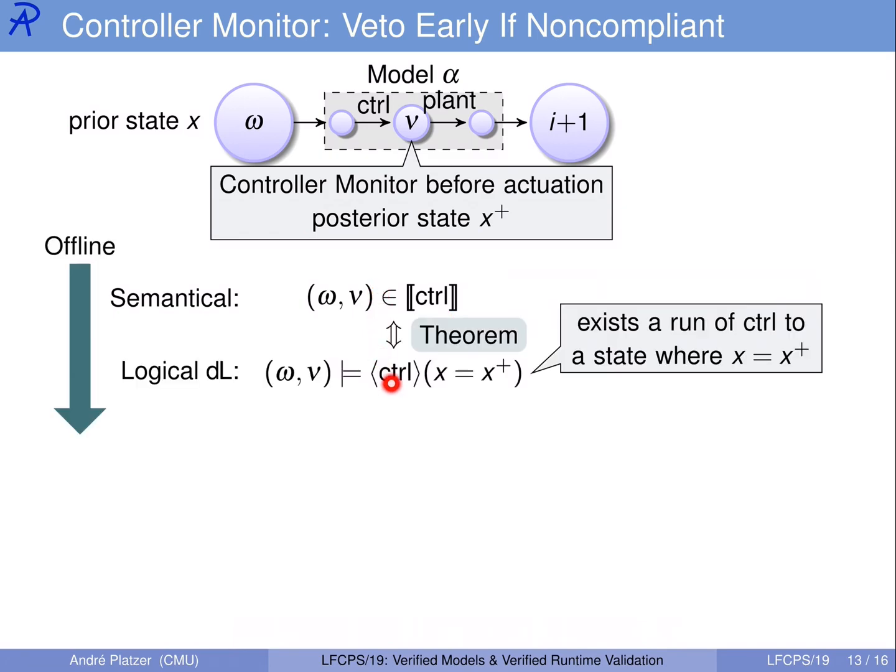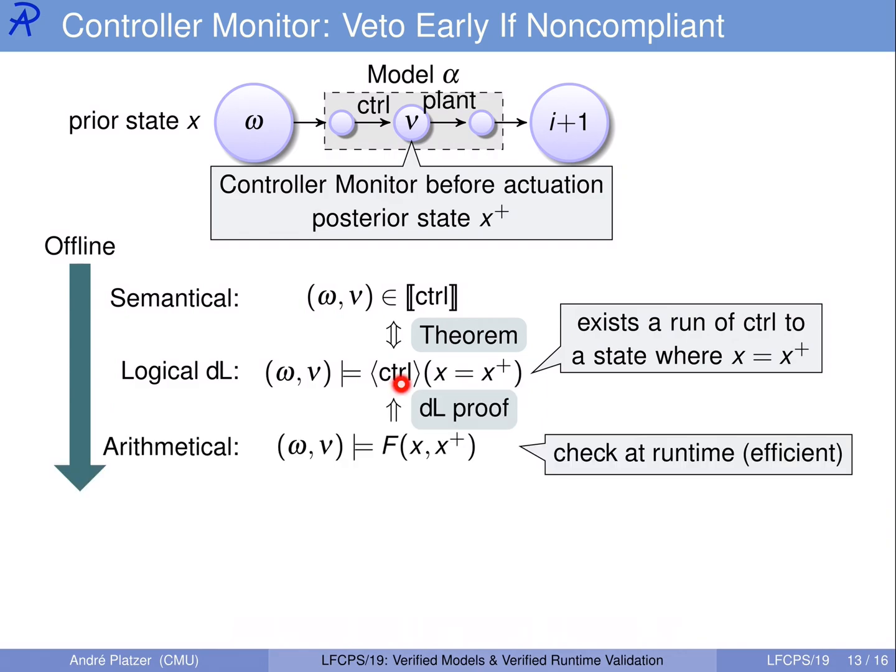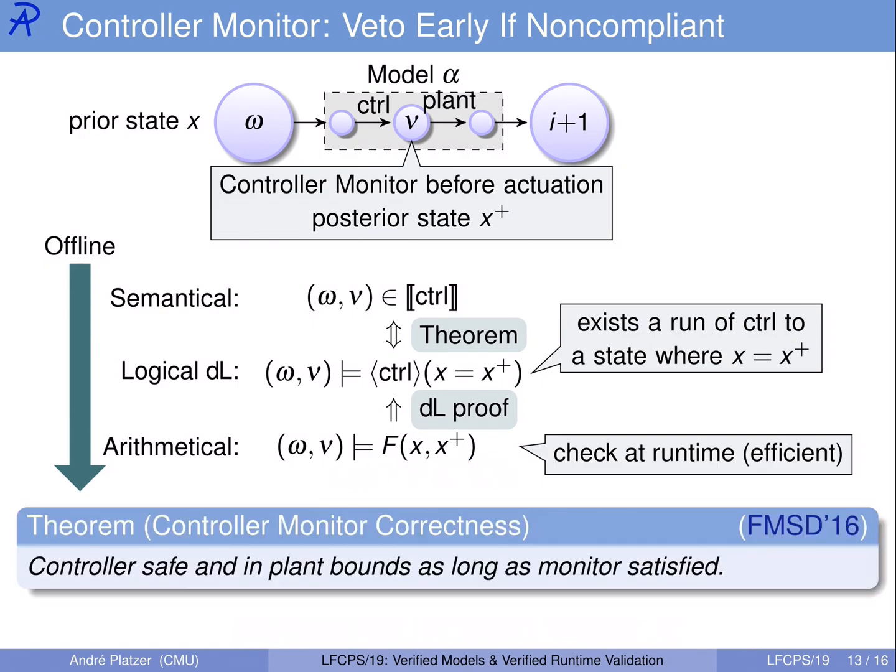And we again rephrase this in logic by the question whether the old and new state satisfy the formula that there is a run of the control model to a state where x equals x plus. Again, we do a differential dynamic logic proof to turn this into simpler logical conditions on the old and the new variables, and then check this at runtime and veto the concrete controller's decision unless it satisfies this formula,